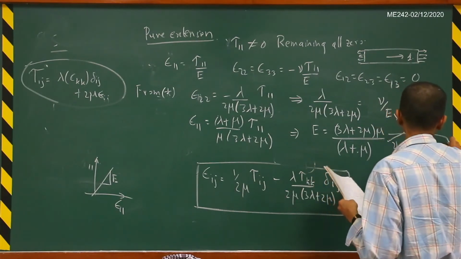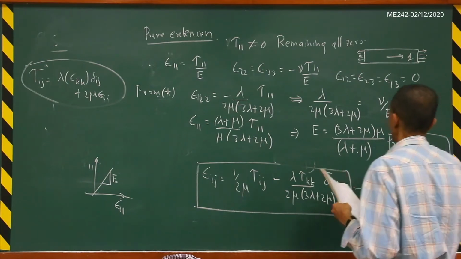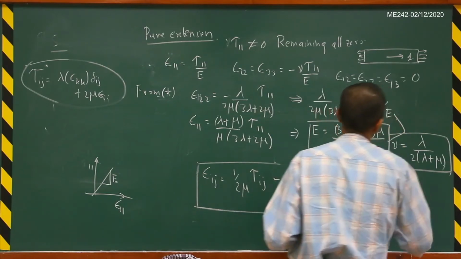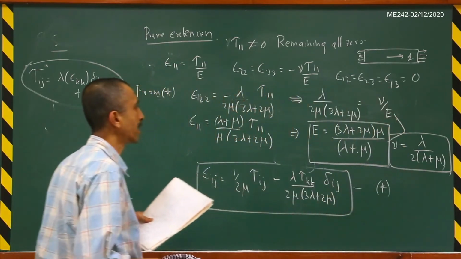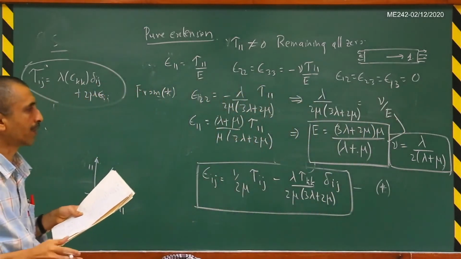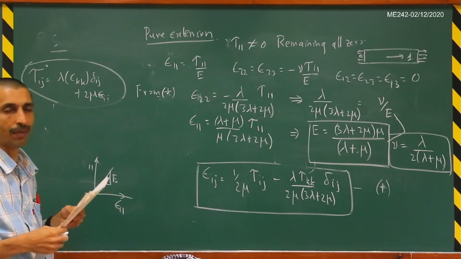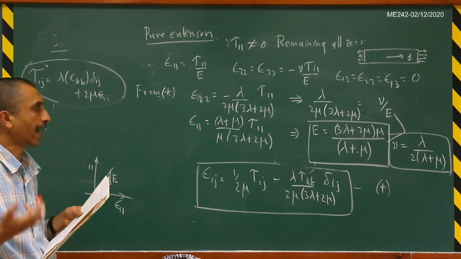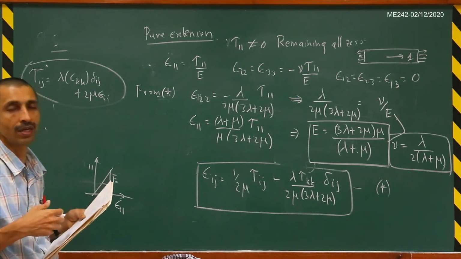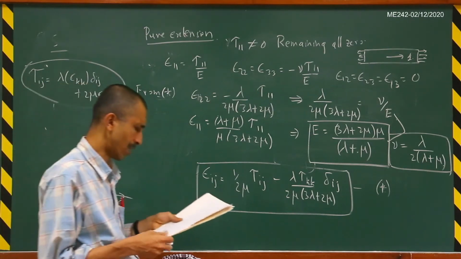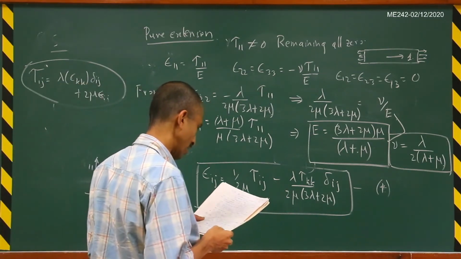So these are now the two relations that we have derived. So that is how we get this. So now what we have done is that if you give me the Lamé parameters lambda and mu, I now know how to calculate the Young modulus and the Poisson ratio. Correct? So from these two relations here.